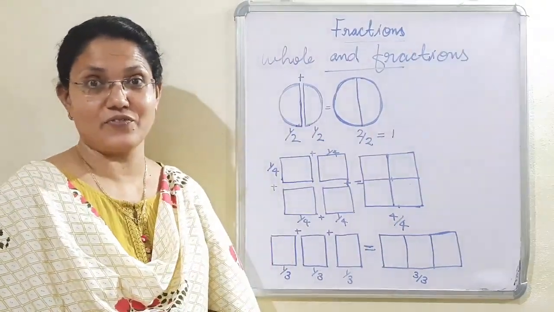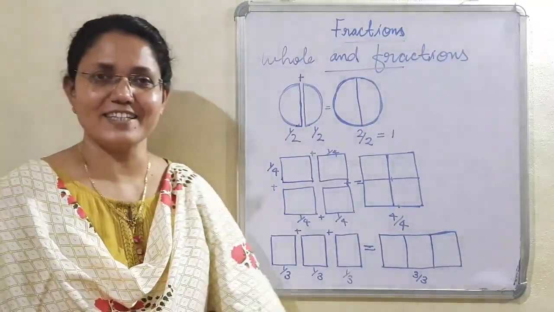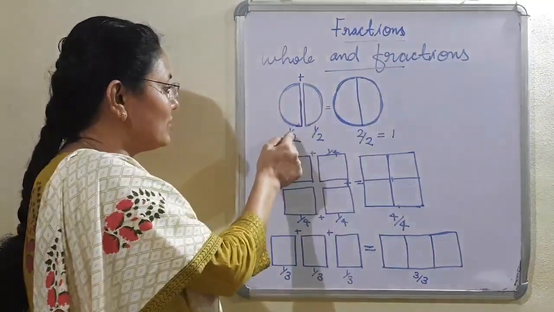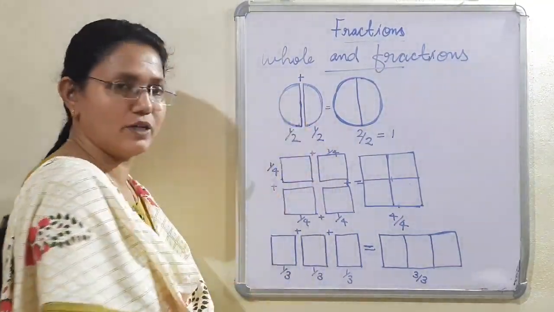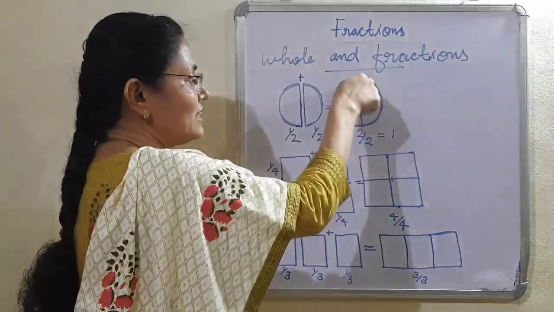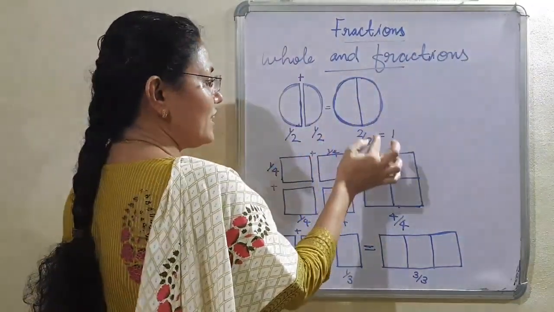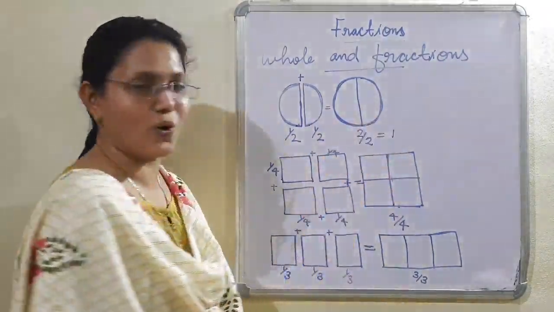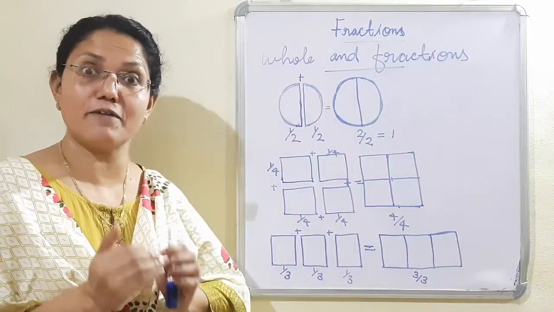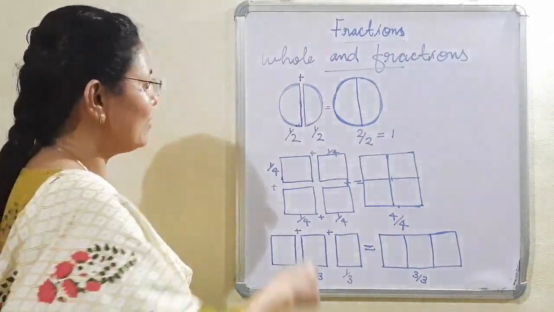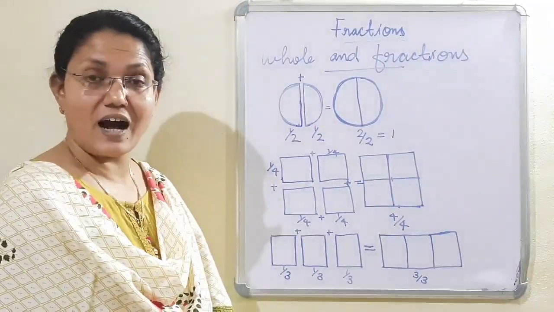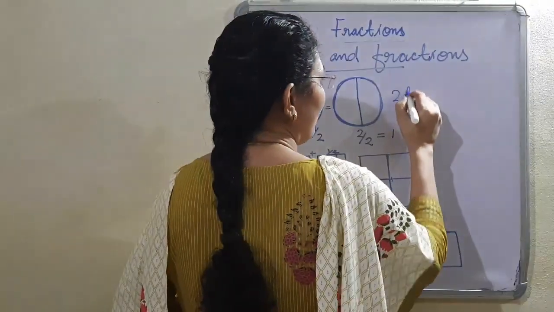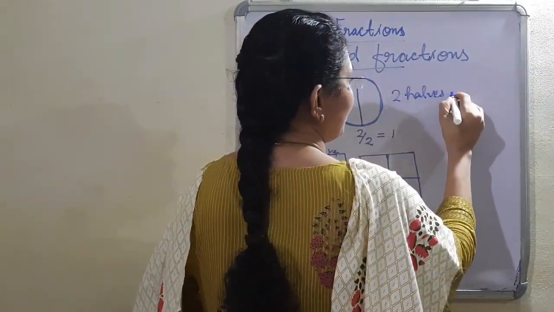According to the figure, it will be different. First, you look here, a circle is there. This circle is divided into 2 equal parts. When I add both, each fraction is 1 by 2 and 1 by 2. In this circle, 2 equal parts are there. Out of 2, both the 2 are here itself. Therefore, now it is a whole. The complete figure is there. Now, from this, what did you understand? How many halves make a whole? 2 halves. You can write 2 halves make a whole.